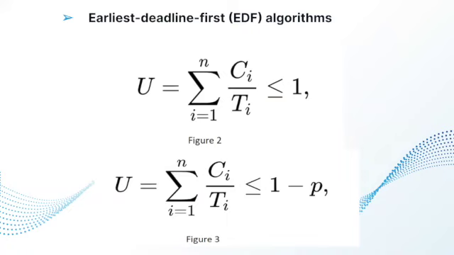Alrighty, so next we have to go over the earliest deadline first scheduling algorithm. So what is it? Well, the earliest deadline first scheduling algorithm, or EDF, is a dynamic priority scheduling algorithm for real-time embedded systems. The main goal behind this is the selection of a task according to its deadline, such that a task with earliest deadline has higher priority and vice versa.